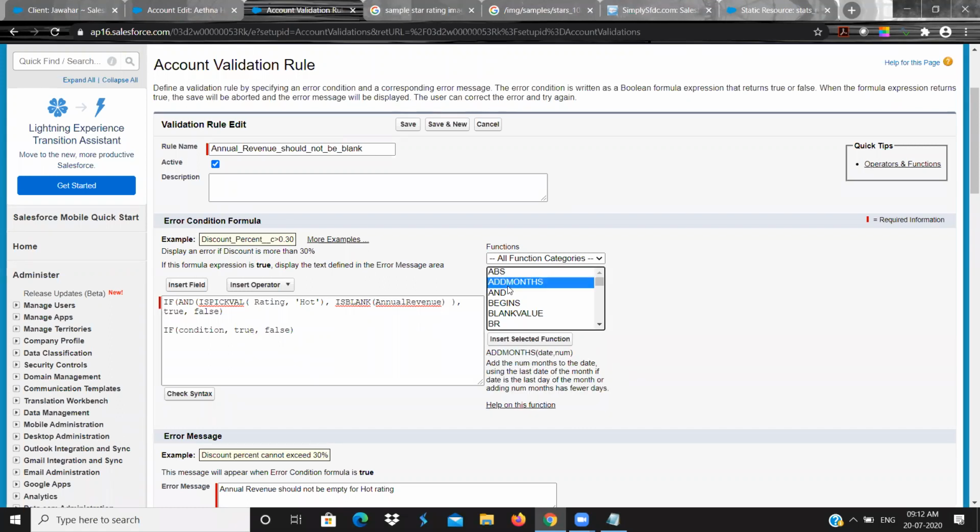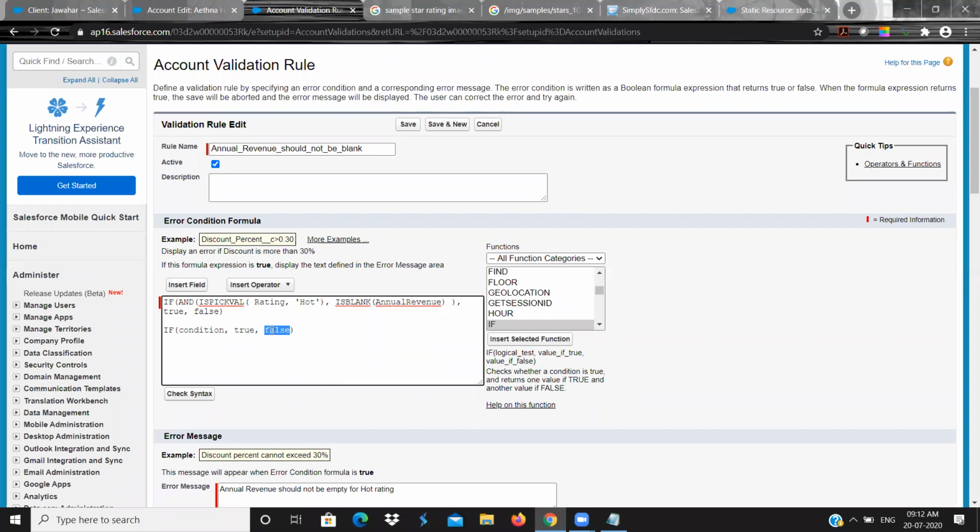See, if you go here: IF, logic, value if true, value if false. Any value, what value needs to be displayed when it is satisfying, and what value it needs to display when it is not satisfying. Both things I need to give. So here I have given true. Whenever the condition is satisfied, you need to return true, because only if true is returned will it throw the error message. So first we should complete the syntax, and whatever changes we want, we make after that. Clear, Vijay?